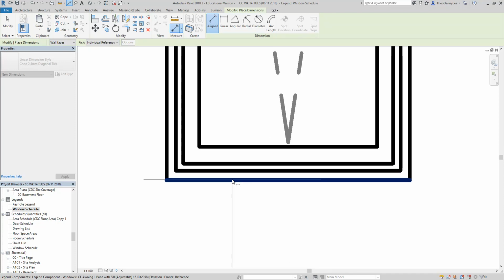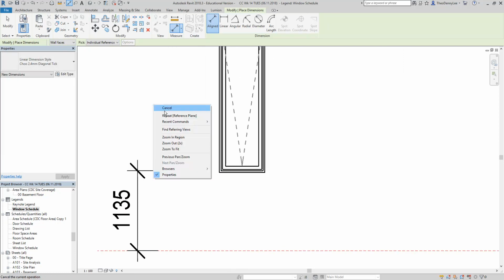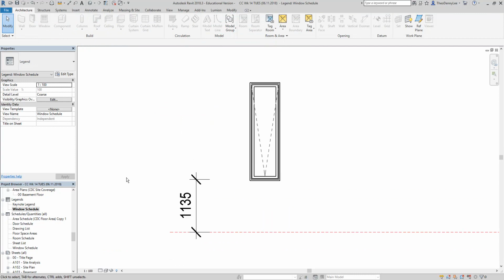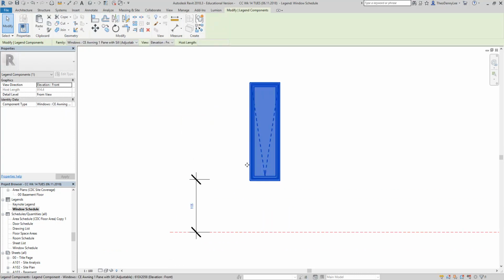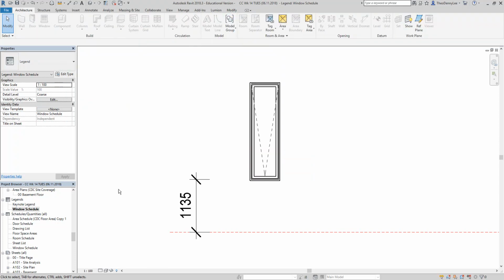So this here is probably the architrave or the outside frame, is it? No, that's the sash. Just got to make sure I get the right one. So I think this should be the sill. This one seems to have an architrave, so I'm going to try placing it there. That should be right. So then I'd need to go and work out where this window is. So it's CE window 1 pane sill adjustable. So then